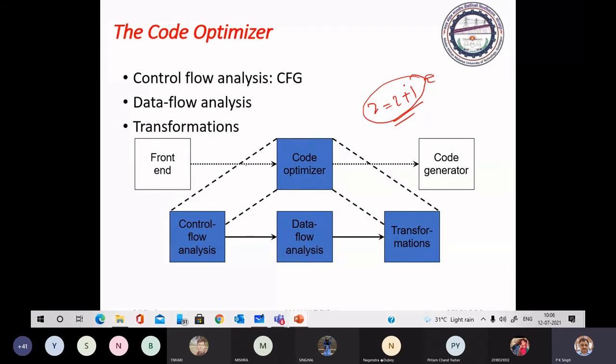During the discussion of computer architecture, I told you that it is the duty of the compiler to explore the implicit parallelism in the program and generate code to use the parallelism available in the hardware.